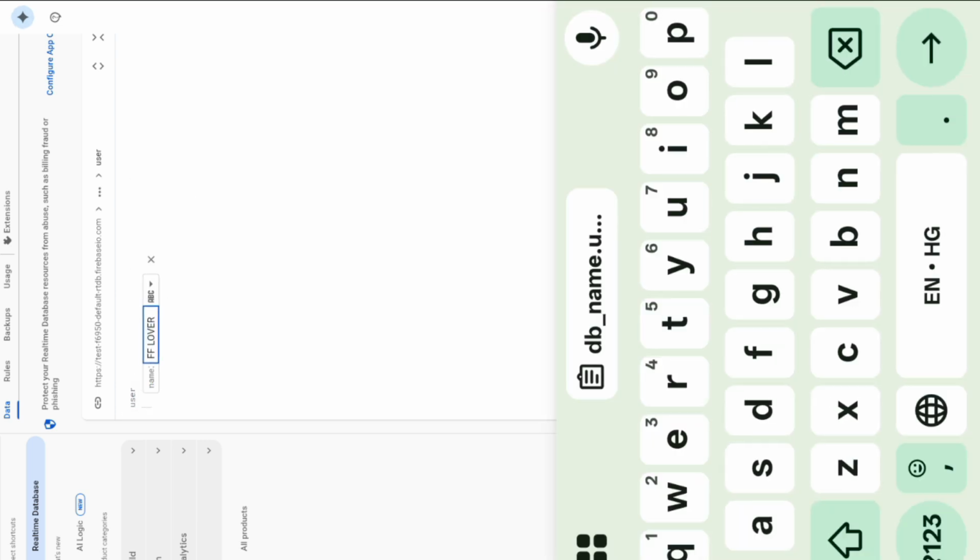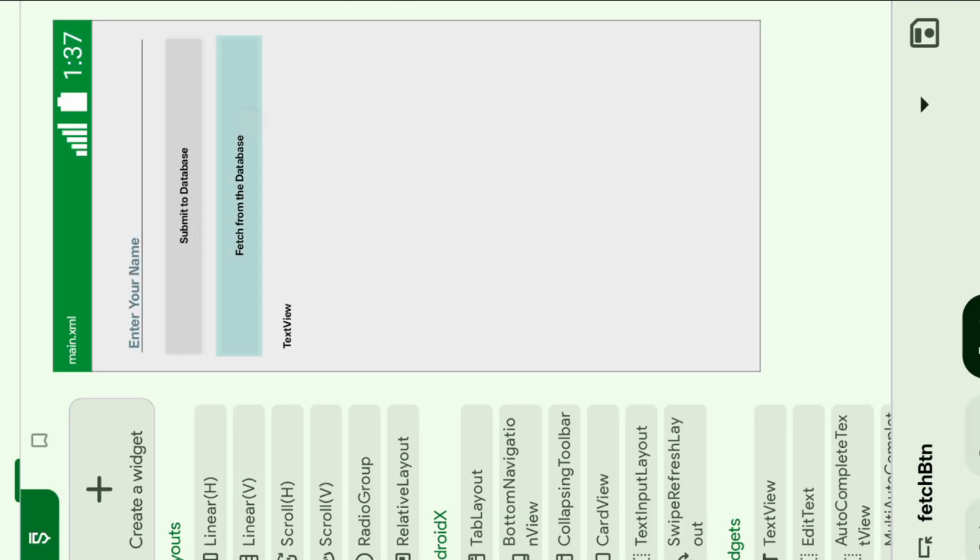My data is not fetched because I added data in a double folder, like user, and after that I added my data. So this is not correct. I want to change something in my code.